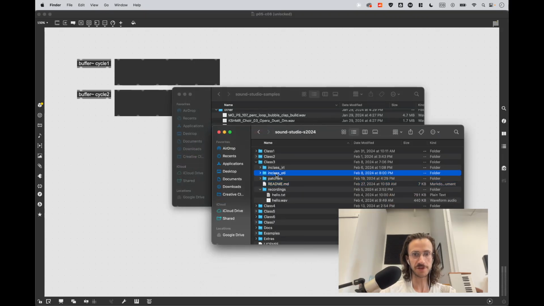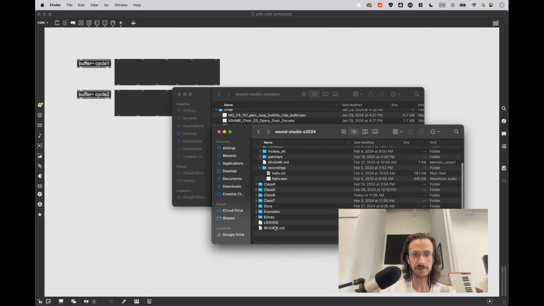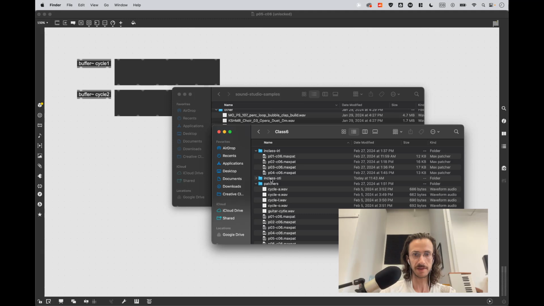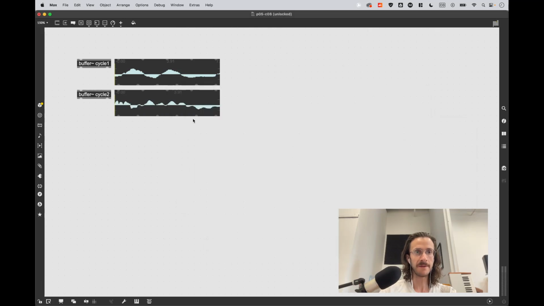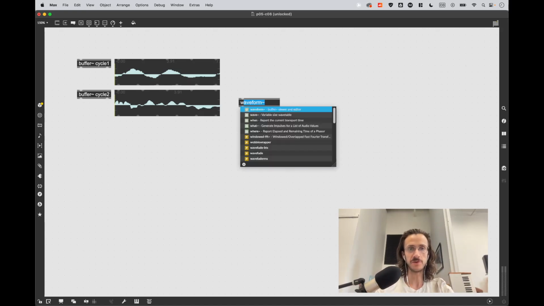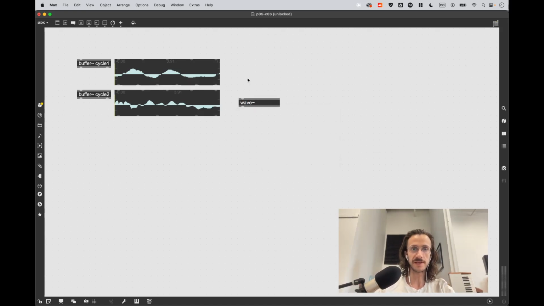So we just made these two cycles. They're in class OTI, cycle A, cycle B. So there's cycle A, there's cycle B. As you can sort of see from the jaggedness of these waveforms, these are very, very short pieces of audio. But if I take one of these and I index into it using wave tilde, so if I take wave tilde and phasor,